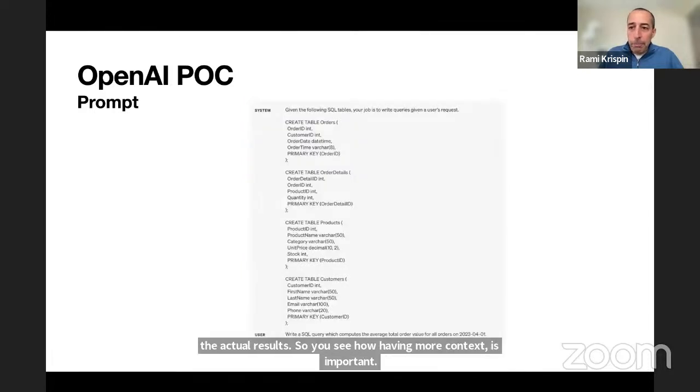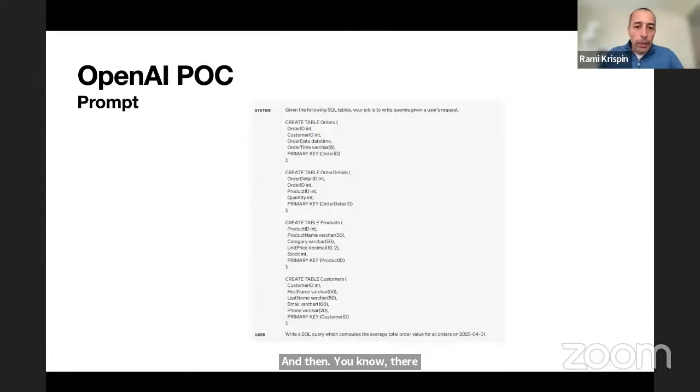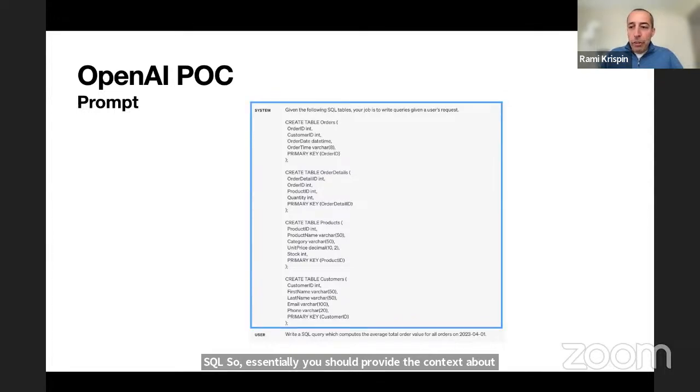And then, there is the recommendation of OpenAI. There is a structure for how you should ask questions about SQL. Essentially, you should provide context about the structure of your data: what is the name of the table, and what are the field names and their attributes. So essentially, you need to provide the API with a SQL command as you create this table, and this enables